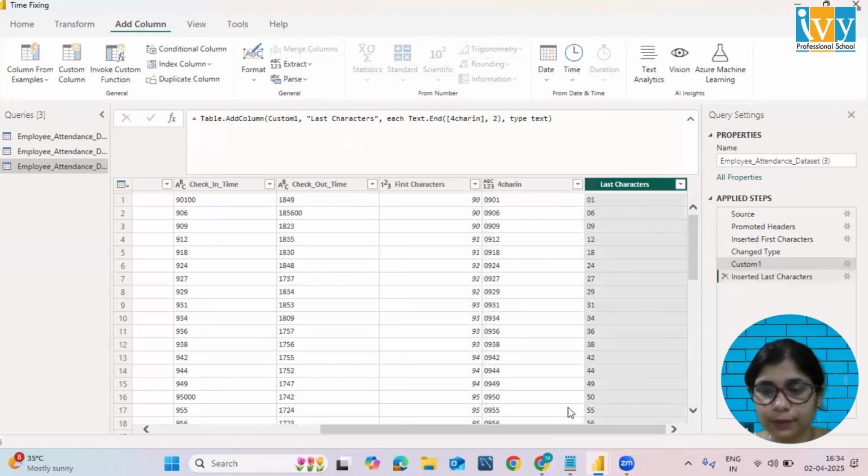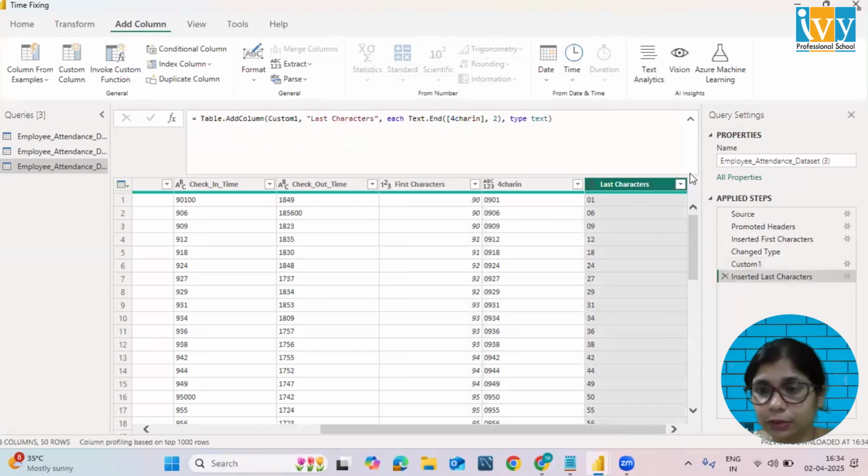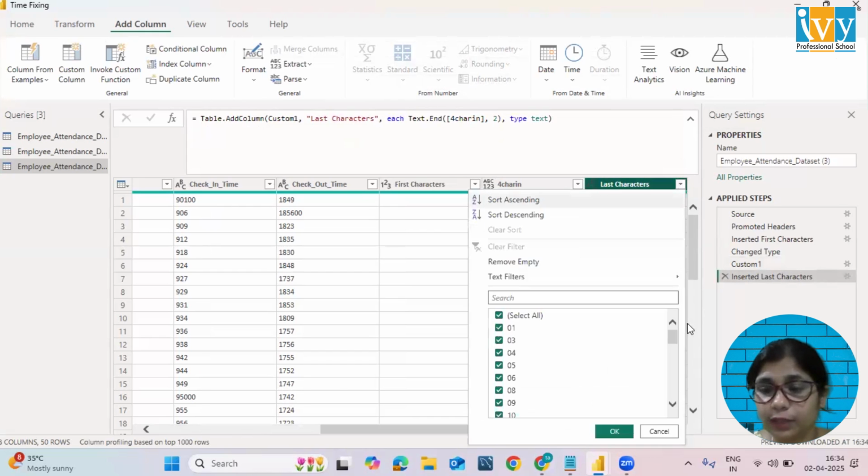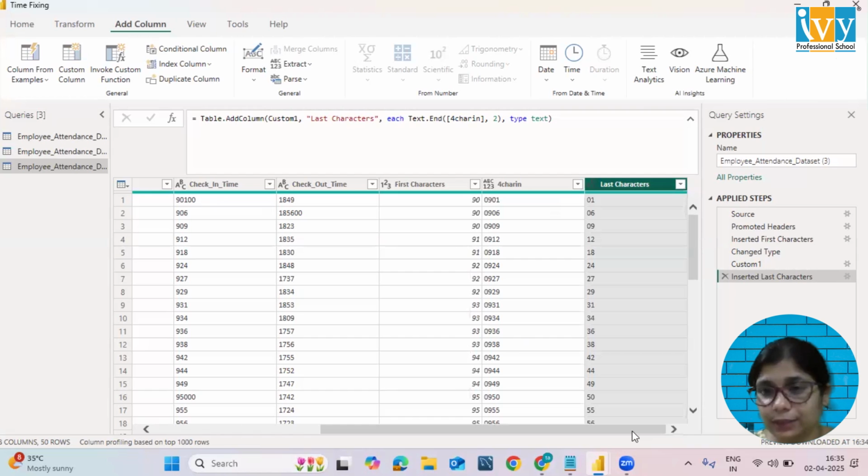Now that I've extracted these 2 characters from the end, which is the minute part, if I go to this filter part, I will see I have 59, 57, 56, 55. These are all correct. But 87 is not an actual minute, right? So this is again a mistake. To fix this, what we can do is